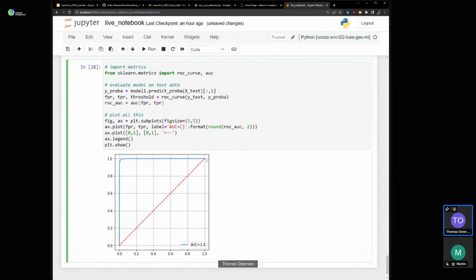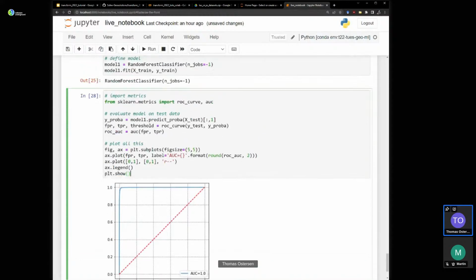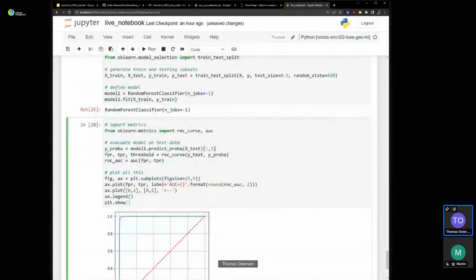If you just had a coin toss classifier, going on random chance, is this pixel proximal, is it distal, you'll end up with a blue line that kind of matches this red dashed line here. But we're getting pretty much a right angle, which means that our classifier is basically perfect, which is suspiciously good. So that's cool and all.